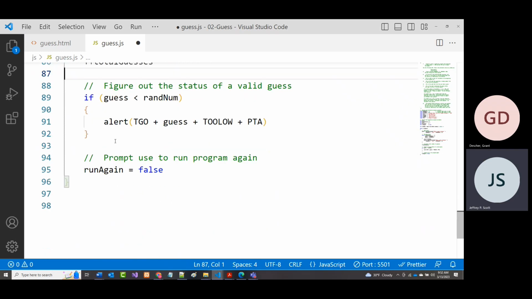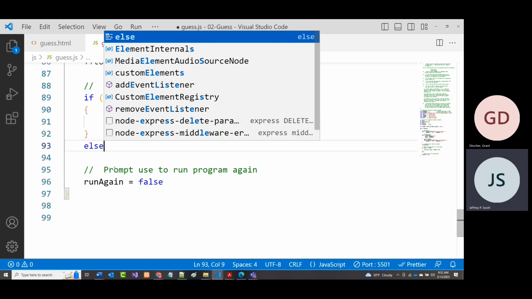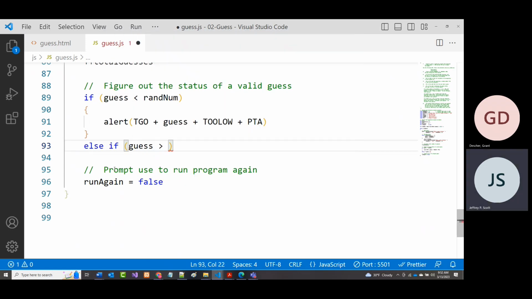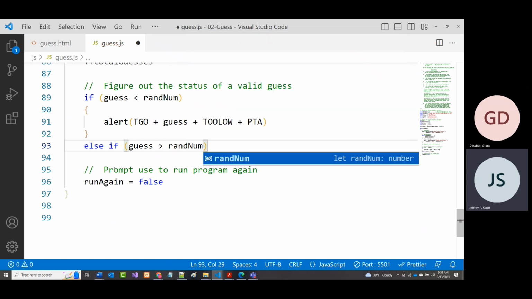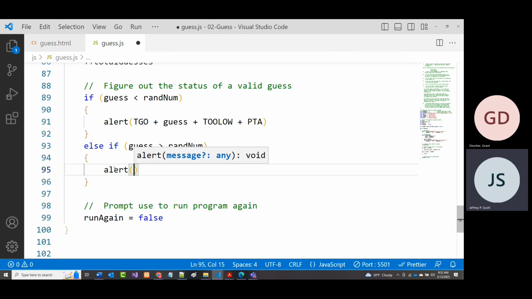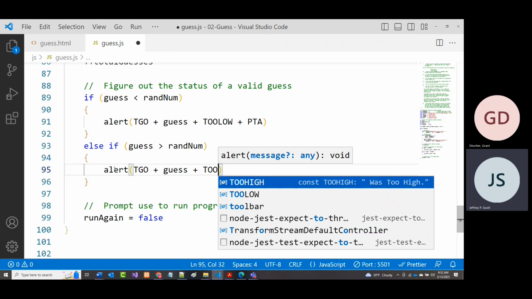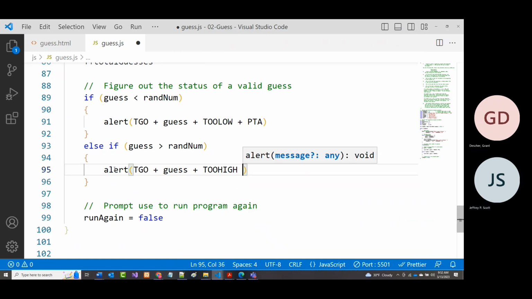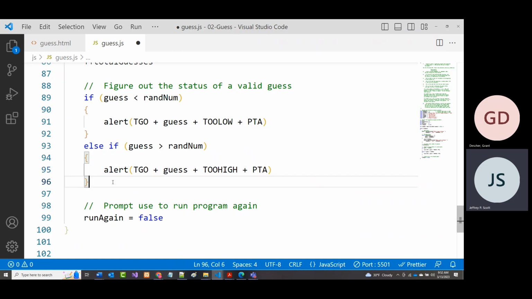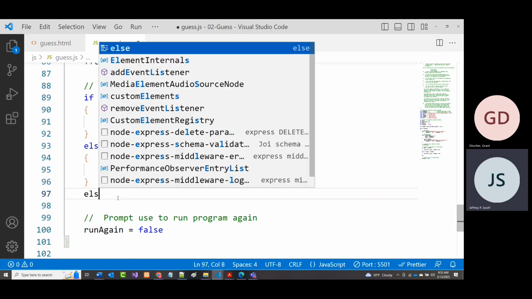All right, that's all those constants that I used before. Else, if guess is greater than the random number, all right, alert the guess of plus guess plus too high plus please try again. Otherwise, they got it right. So else,